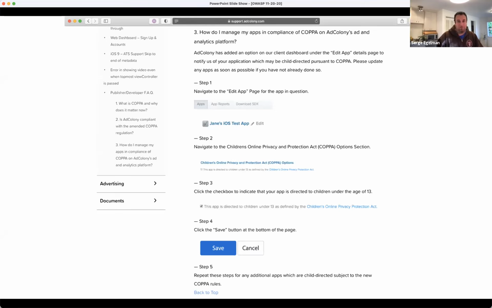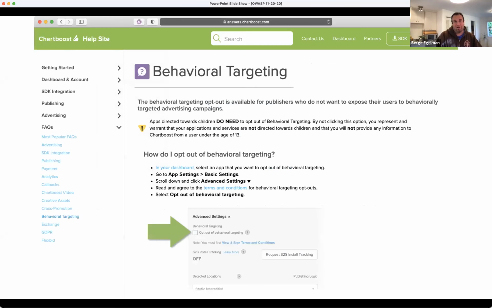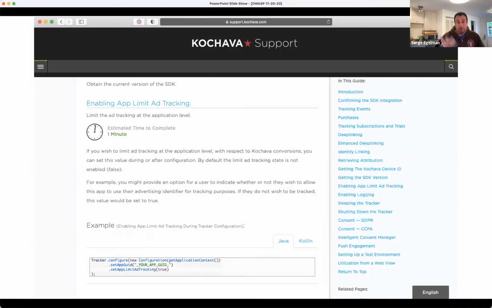If you don't, you might be violating federal law. Similar with Chartboost, they have instructions on their website that instruct developers how to do this. Here, Kachava is another one. Here's a segment of code that they instruct developers to paste into their apps to correctly configure their SDK.